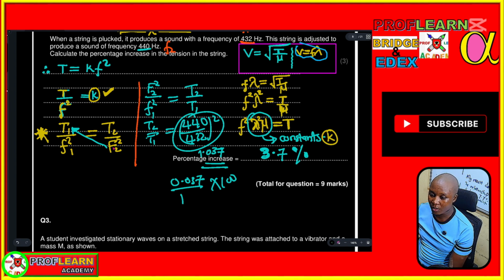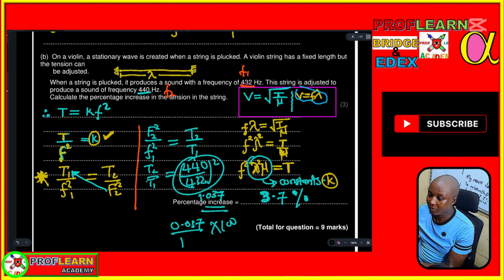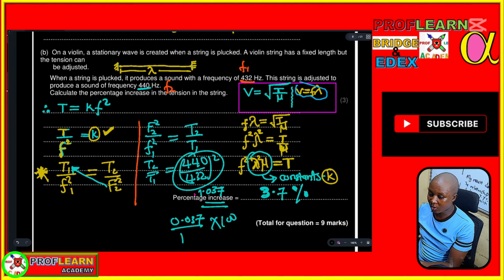So if we multiply this on the other side so that we have F1, F2 and F1 on one side, we can end up having this equation. So we shall have T2 over T1 equals F2 squared over F1 squared, but our F1 was 420 and F2 is 440, so we're going to say 440 over this, which is going to translate to